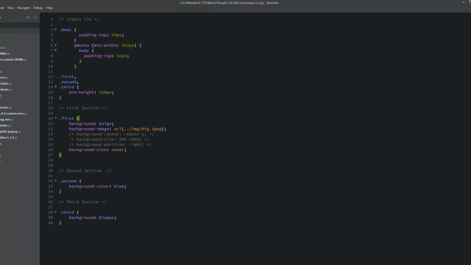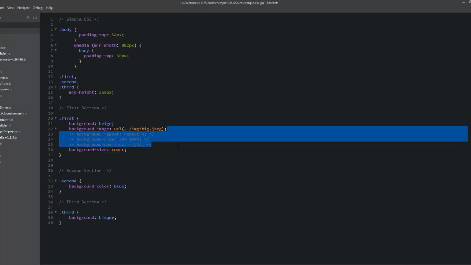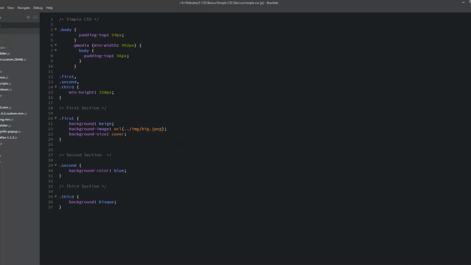Commenting it out means that the browser won't actually try and read that. And if you've got an attribute you just want to comment out because it's not working, you can do it like that. Comment it out instead of deleting it in case you decide you want it back later on. So those ones that we got commented out there, let's just select those and delete them because we do not need them. Now when we save this, Control S,